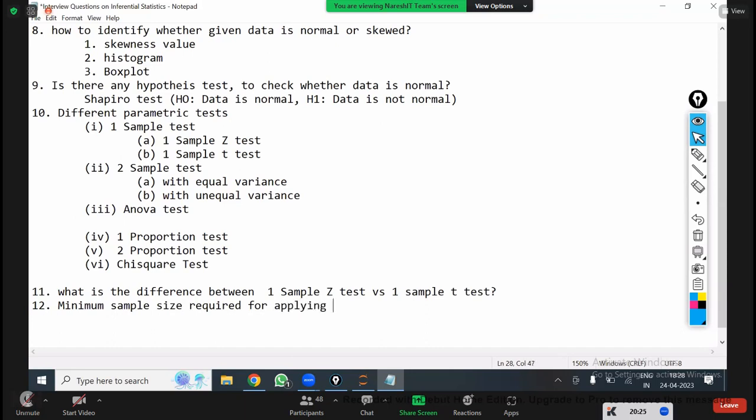So in real life, will the population standard deviation be available? The answer is obviously no. It is not possible, because to do that, first we have to collect the data. So the answer is no. Now, how are we going to handle the one sample z-test then? What is the use of discussing the one sample z-test? You don't know that, and without knowing it, you can't do it. Then what we have to do is simple. That is the reason, and to overcome this, we have to select